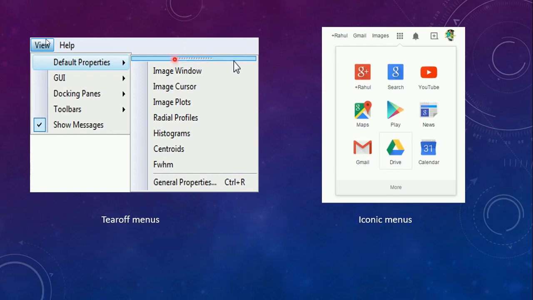You can see that it is a dotted structure. This is called the tear off menu. Tear off menus will have some dotted structure like this, so that this particular menu can be moved to another place. So that's the use of tear off menus.